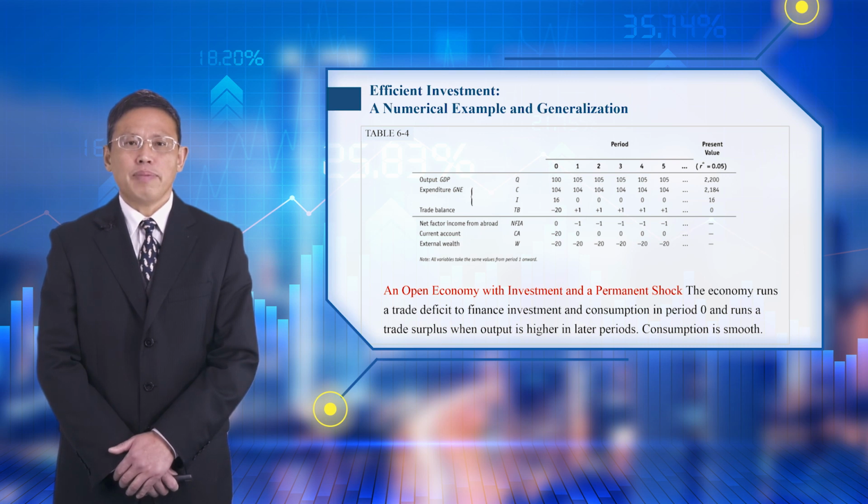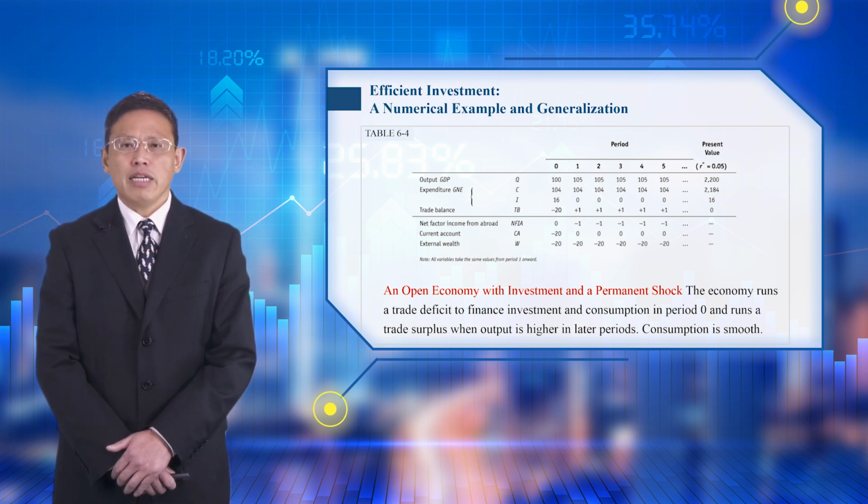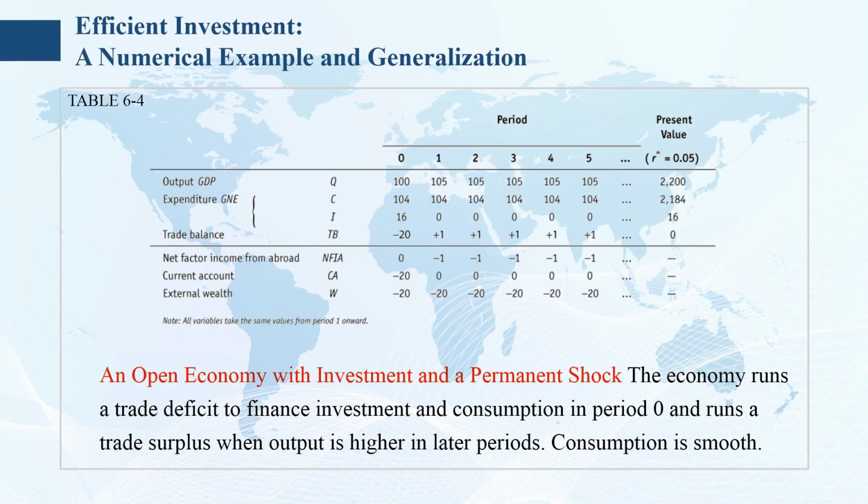Even though some expenditure has to be devoted to investment, the resources available for consumption have risen by 4% in present value terms, from 2,100 without the investment to 2,184 with it. We can now find the new level of smooth consumption each period that satisfies the LRBC,